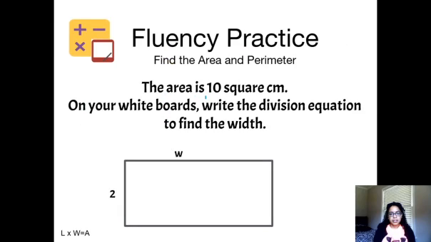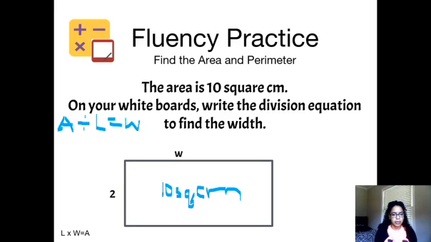The area is 10 squared centimeters. So I'm going to put it in here, 10 squared centimeters. Alright, on your whiteboards, write a division equation to find the width. So that would be, because we have the area and we have the length, so we would do area divided by length